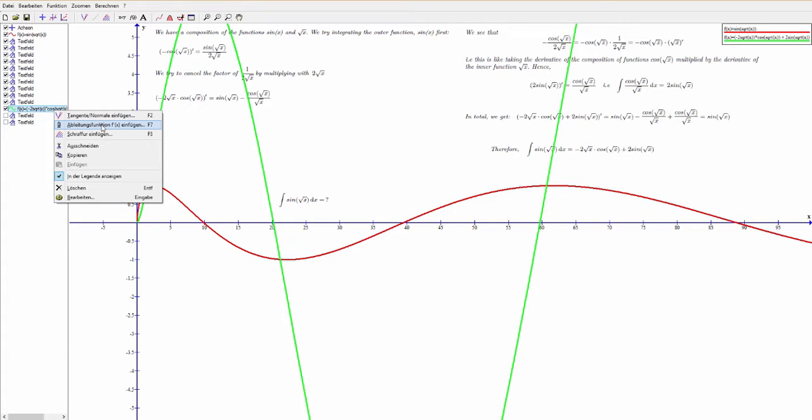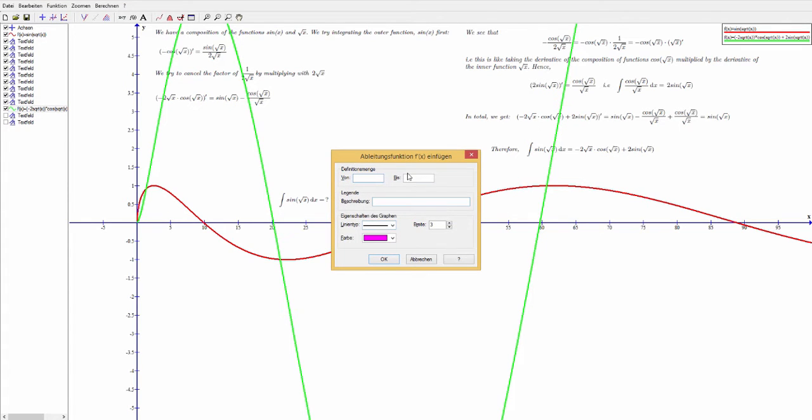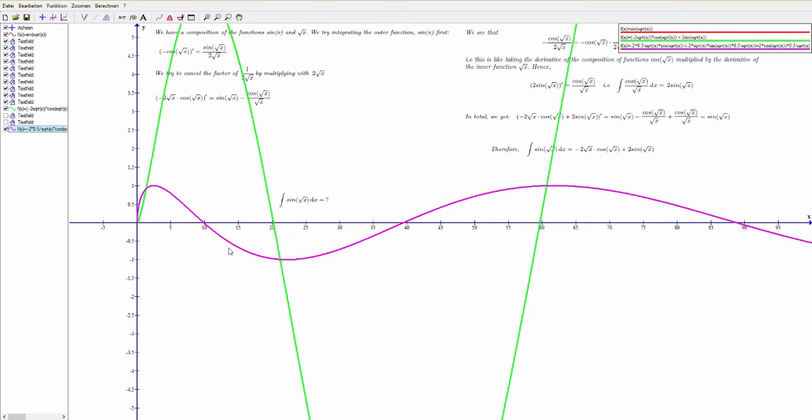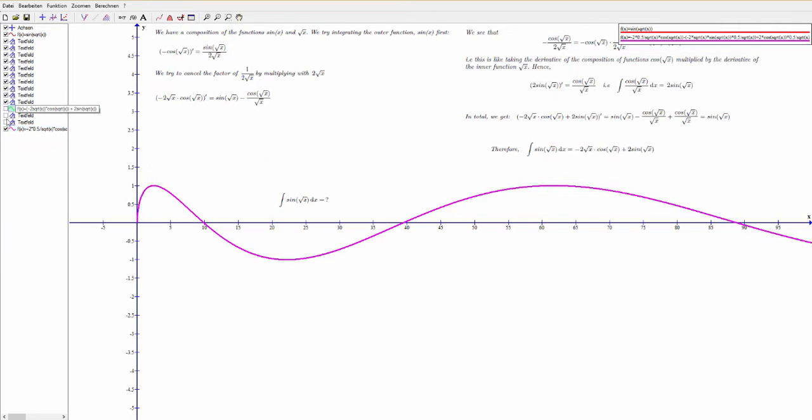The language here is German, but you already see the dy over dx symbol here. So this is really just add the derivative. And if this is the correct derivative, then this purple graph will overlap with the red graph, which it indeed does. The derivative of this green thing is indeed sine of square root of x, right? So now that we clarified this, let us keep on talking,